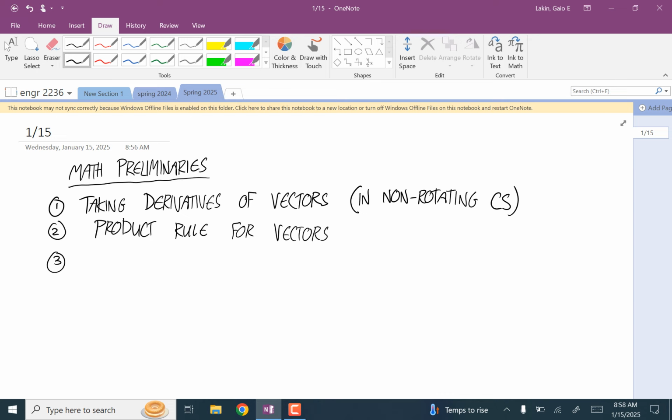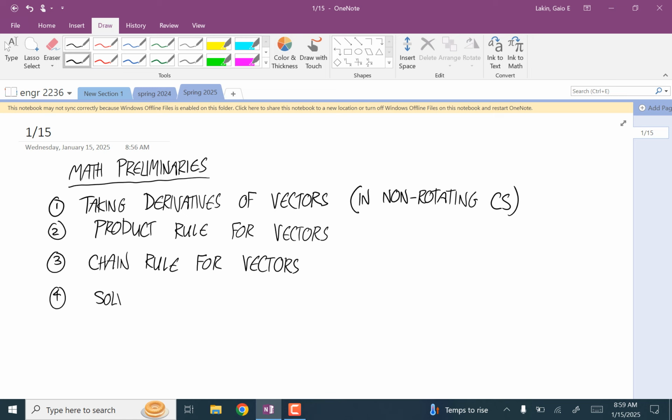Then third is using the chain rule for vectors. And then the biggest one is fourth,